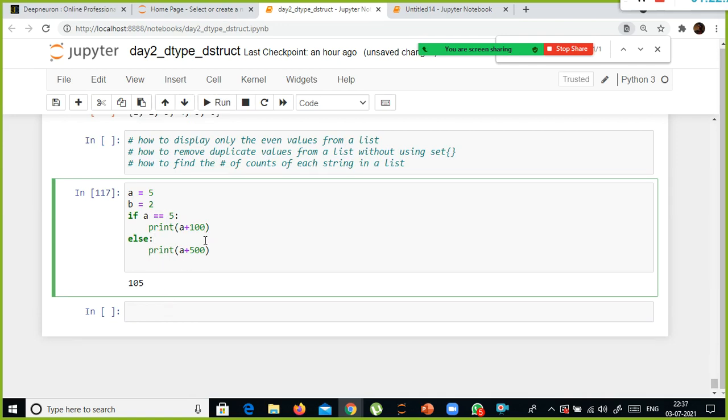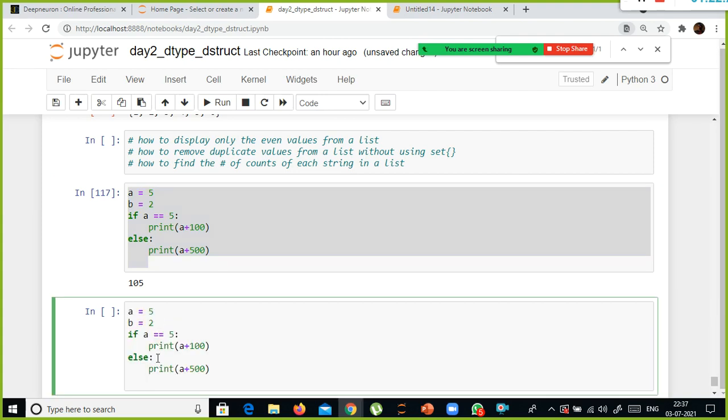Supposing you want to write something like nested if else, what you can do is check here, if elif, let's say a is greater than 5, right? So elif, the next condition is elif a is less than 5, you do this one, right?